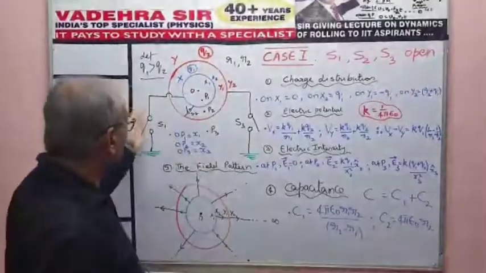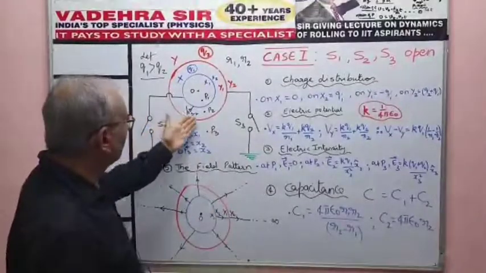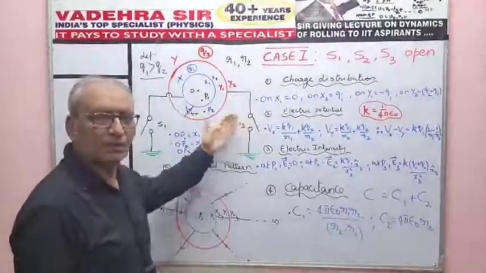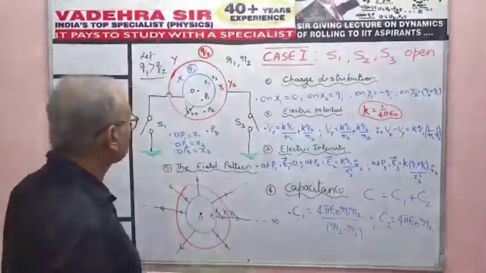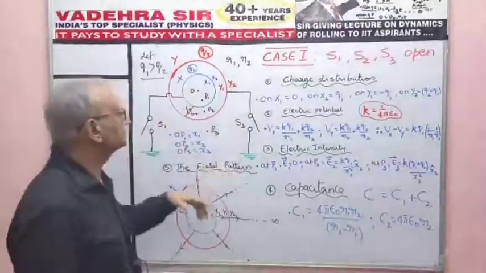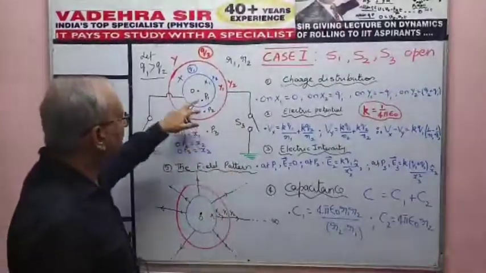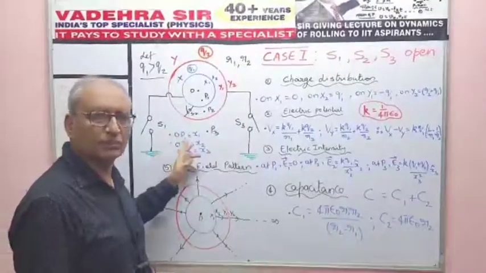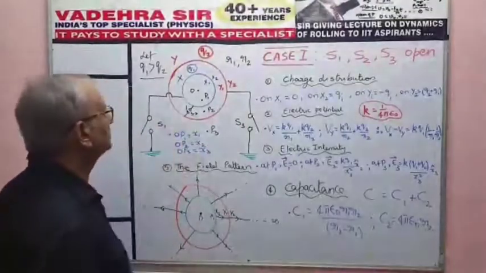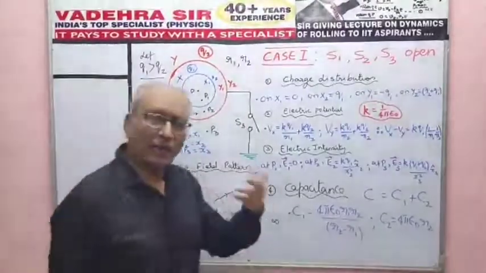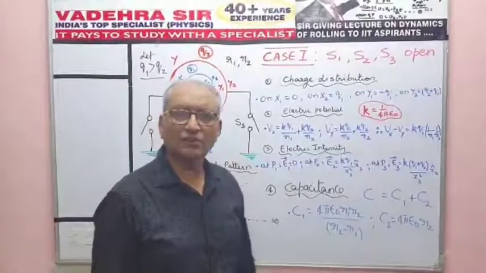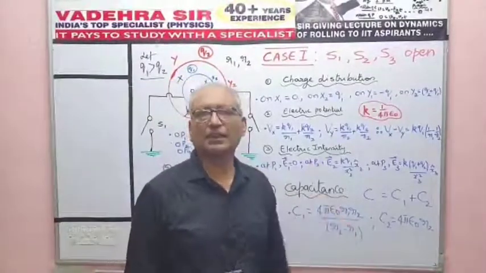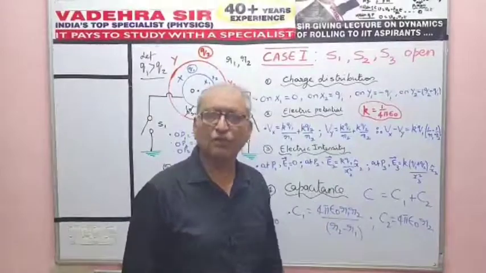And of course, I have shown you three switches, S1, S2 and S3. Right now all the three switches are open, so both the plates are floating. I'm taking 3 points P1, P2 and P3. OP1 is X1, OP2 is X2 and OP3 is X3. Fine. I'll take at least 4 cases to discuss everything about the electrostatics of this case of two concentric metal